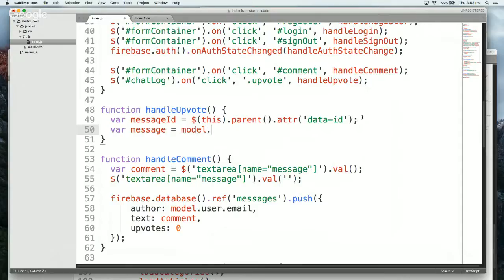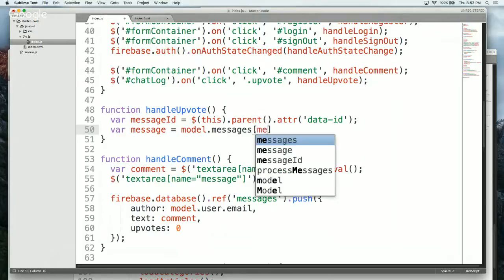In an array, dot messages. And where is an individual message stored? At a key, okay? So I could access it with dot notation, right, if I knew exactly what that key was. I don't know exactly what it is as I'm typing this. It's a variable key. And since it's a variable key, I have to use bracket notation in order to access